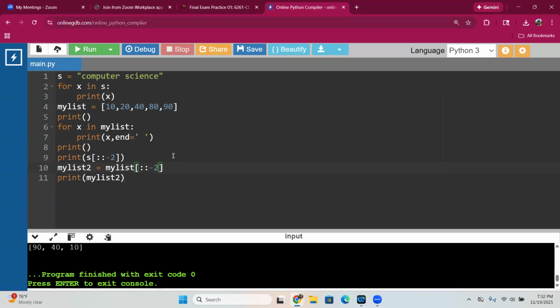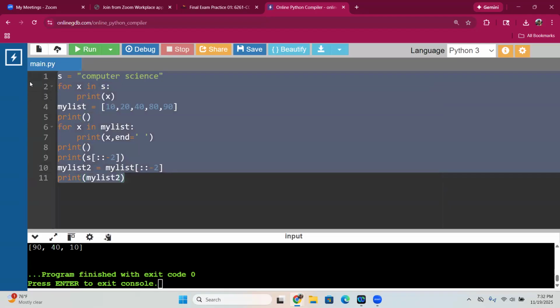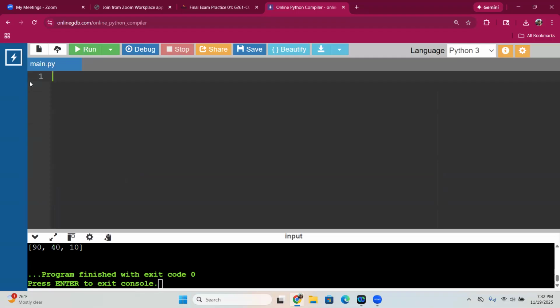We also learned about functions. So what is a function? A function is basically a block of statements that performs a specific task. Now, why do we have to use a function? A function makes your program more efficient and more effective, so you don't have to repeat the code more than